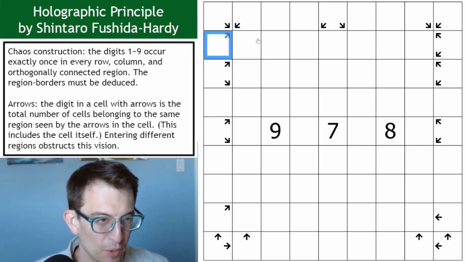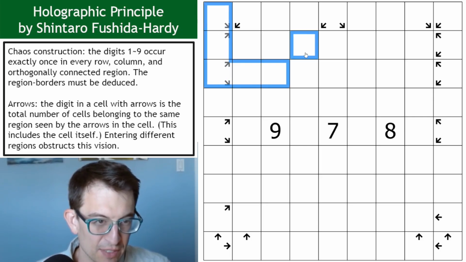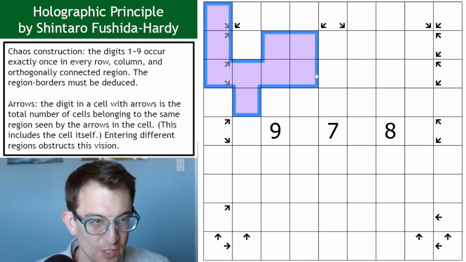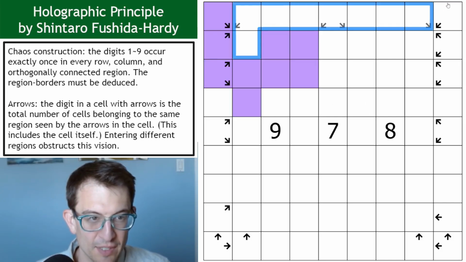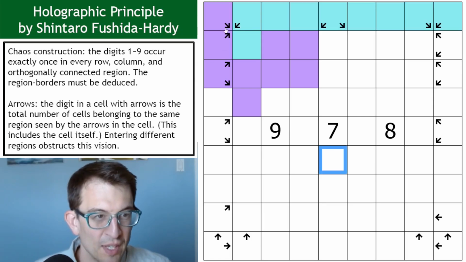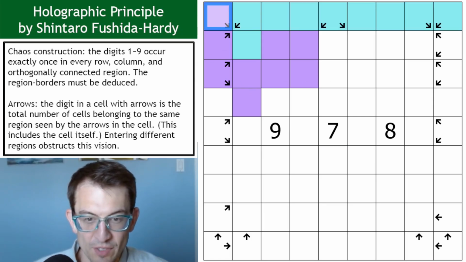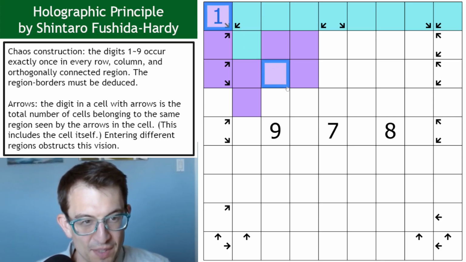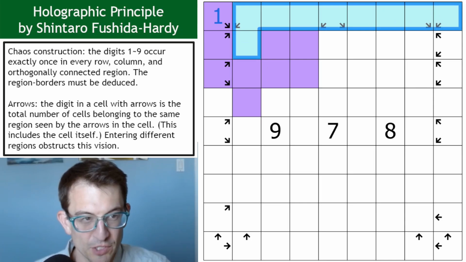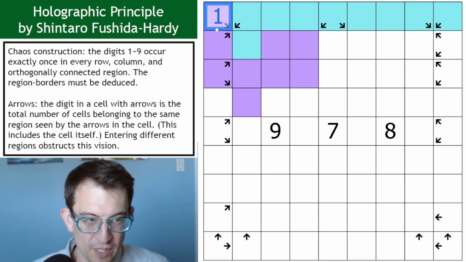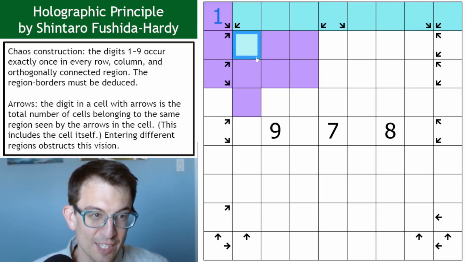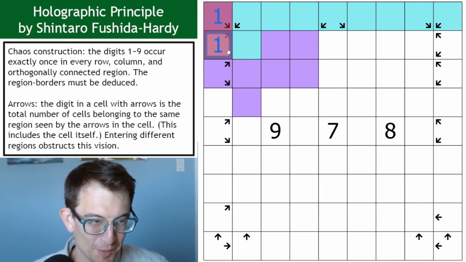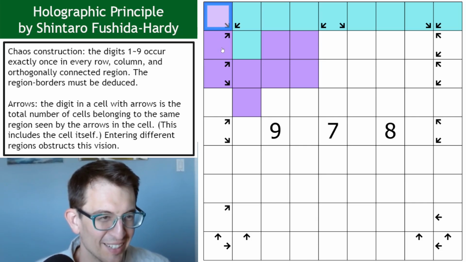And maybe slightly more complicatedly, suppose I had a region like this. How many is that? That's 8. Add 1 more. Suppose this were purple, and then I had something like this was blue. This would now be a 1, because even though in some sense there's another purple cell on this diagonal, this region blocks the vision. So this is a 1 here. It can't see this because this blocks vision. So, this also would not work because these would both be 1, but hold on, to make sure I don't have,